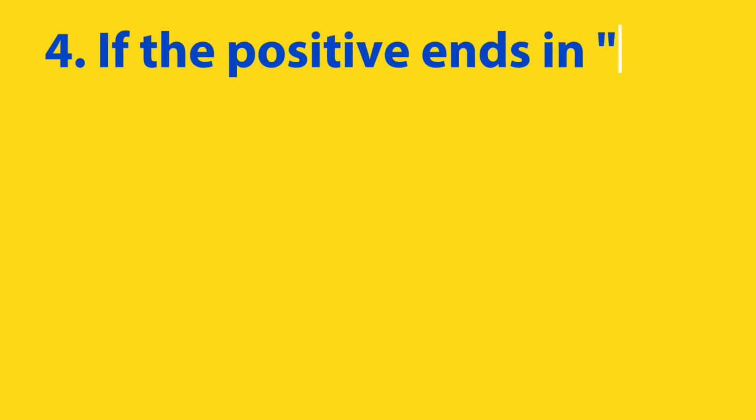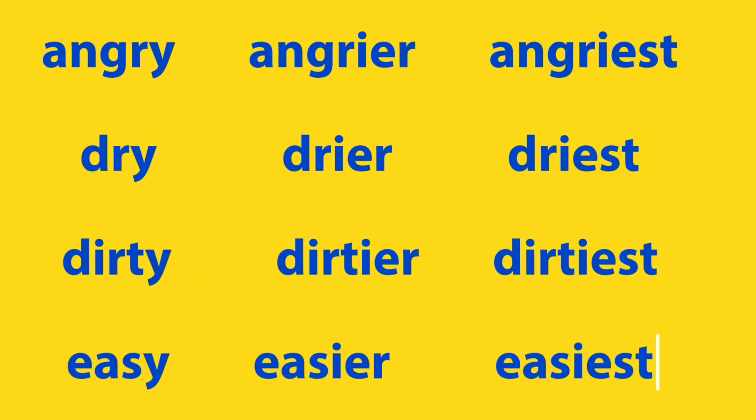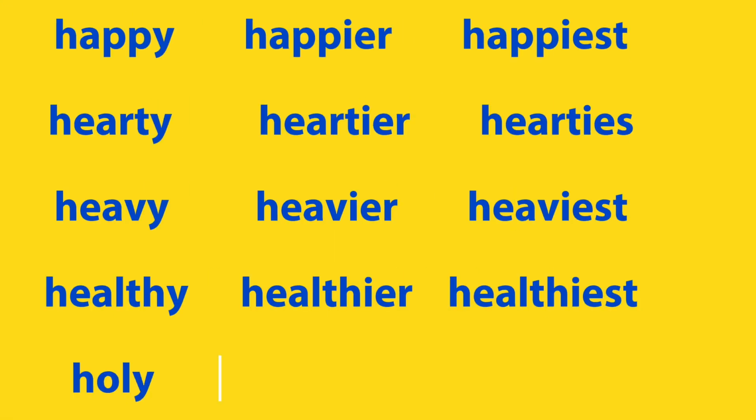4. If the positive ends in y, preceded by a consonant, we change the y into i before adding er, est. Angry, angrier, angriest; dry, drier, driest; dirty, dirtier, dirtiest; easy, easier, easiest; happy, happier, happiest; hearty, heartier, heartiest; heavy, heavier, heaviest; healthy, healthier, healthiest; holy,